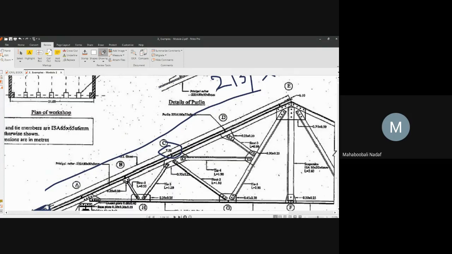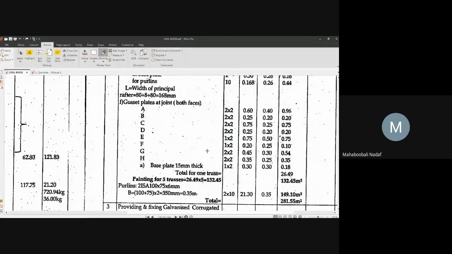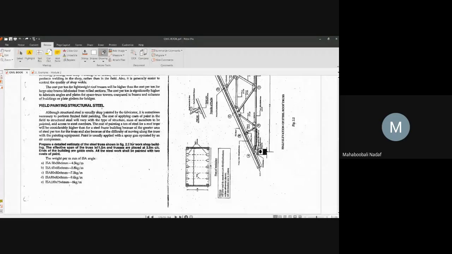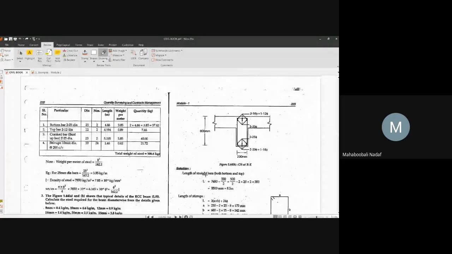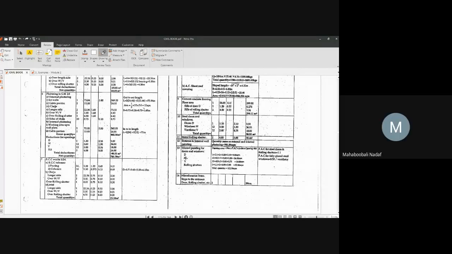Is that okay for everyone, sir? Okay. Now we will go to some left out problems from the previous module. We will take those. If we complete that one, then everyone has got these notes. Last time I put this one in the WhatsApp group. Everyone is having this one. Okay, very, very important.